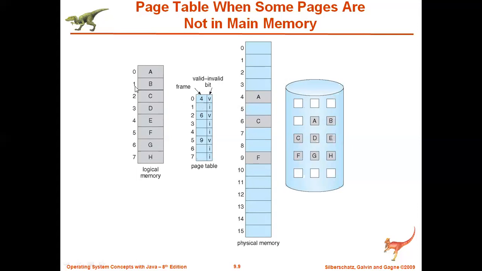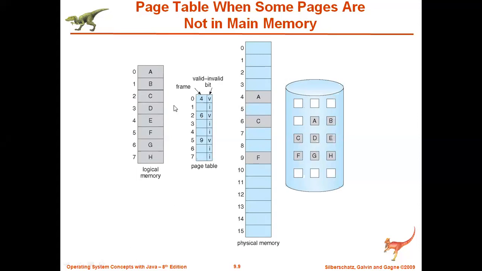Then when the CPU asks for the first page, but it is not allocated in the main memory, then definitely it will be empty, because no frame is allocated yet to the first page. It is already represented with the I. In this case, if it doesn't find that particular page, then it is called a page fault. A page fault has occurred. In the same way, if the CPU asks for the second page, it is already allocated with a frame, so this is a valid bit. It is not going to be a page fault.